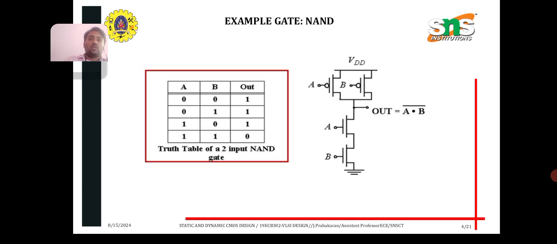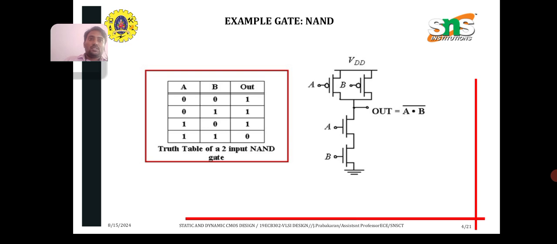Let me discuss the working of this circuit. Here you can see the truth table. Case 1: A equal to 0, B equal to 0. Both PMOS transistors are on, pulling the output Y to high. Both NMOS transistors are off, so there is no path to ground. On means conducting, off means non-conducting. In case 2, A equal to 0, B equal to 1, or case 3, A equal to 1, B equal to 0,